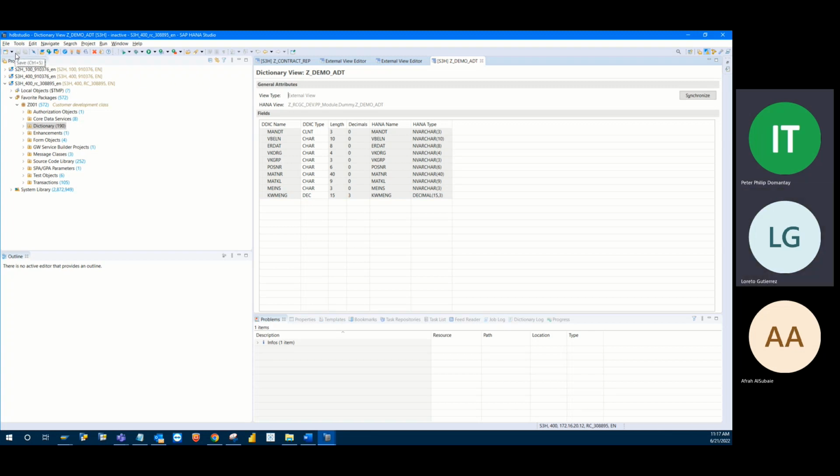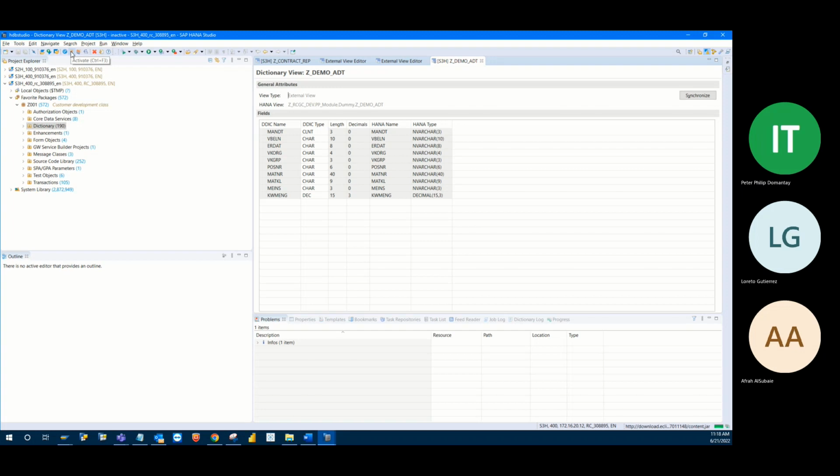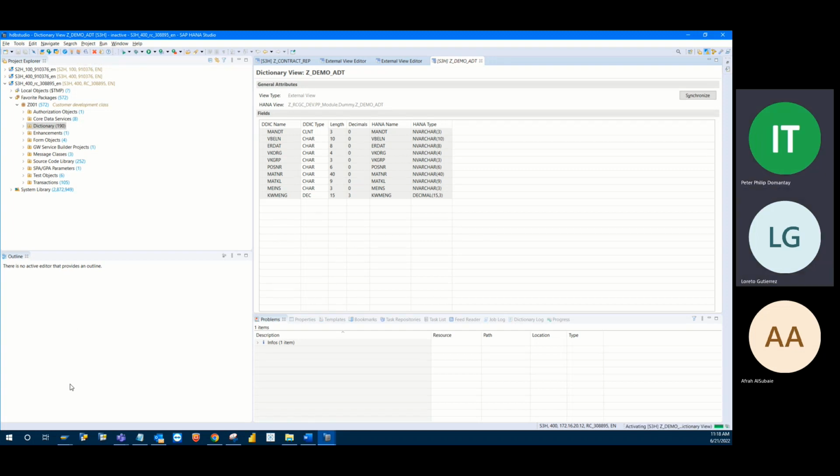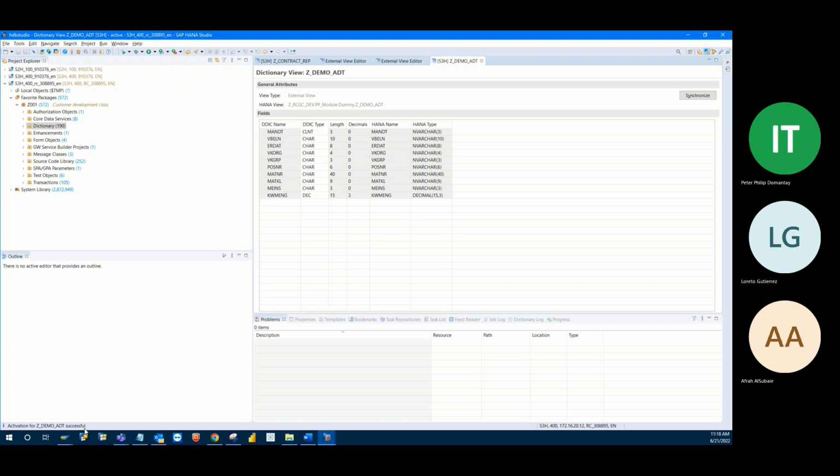It is saved already, and we will activate because this is not activated yet. Activate. You'll find here the activation for demo edit is successful. Okay, sir. Now next,